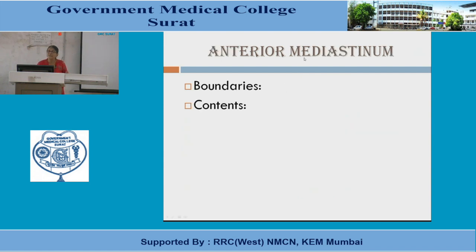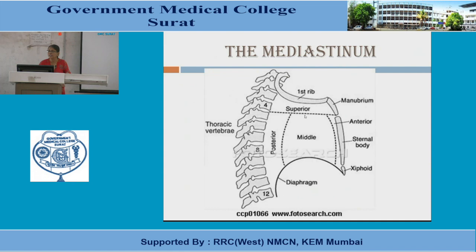Now see the anterior mediastinum. I will show you the boundaries again by this diagram. See where it is, here it is. We already talked about this one. The list of structures from anterior to posterior: thymus, then veins, arteries, tubes and nerves are there. Now we will talk about this narrow space.